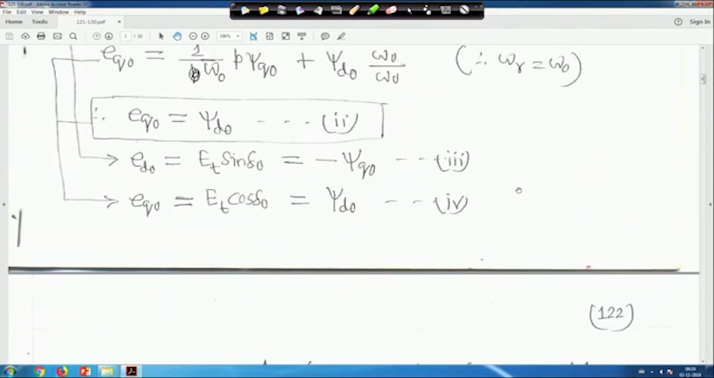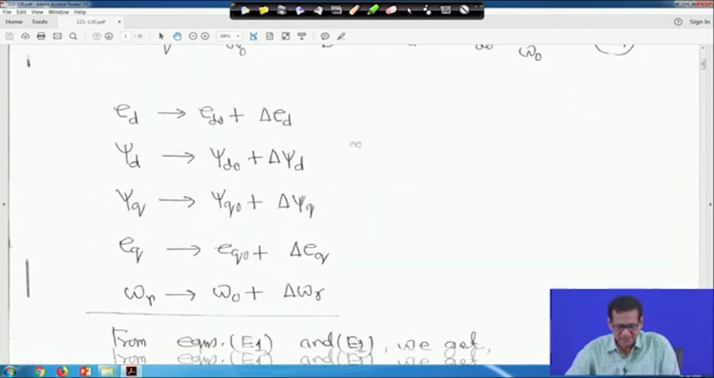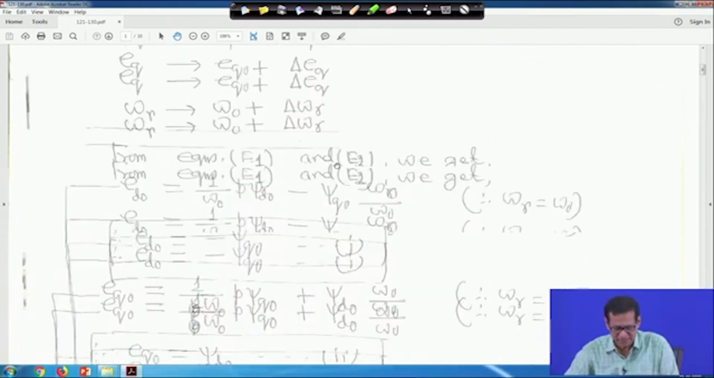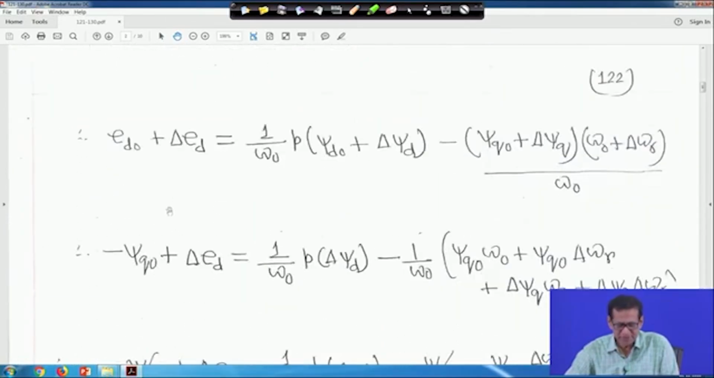Now in equations E1 and E2, you substitute all these relationships. First put it in equation E1. If you do so, ED will become ED 0 plus delta ED, and it is equal to 1 upon omega 0 p psi d, which will become psi d 0 plus delta psi d, minus this term that was there, where psi q will become psi q 0 plus delta psi q, and omega r will become omega 0 plus delta omega r, divided by omega 0. Now, if you simplify